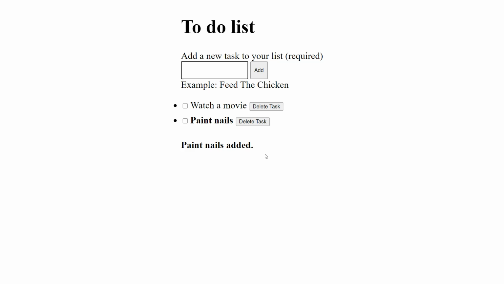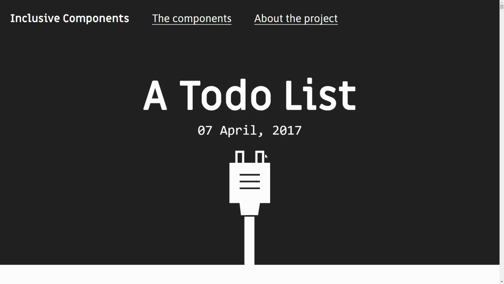They use a lot of icons, which make it look pretty, but they don't provide any alternative text for the icons. So when they usually have a cross button, instead of the screen reader saying delete, they say times because of the Unicode character thing. So we're going to make this accessible.